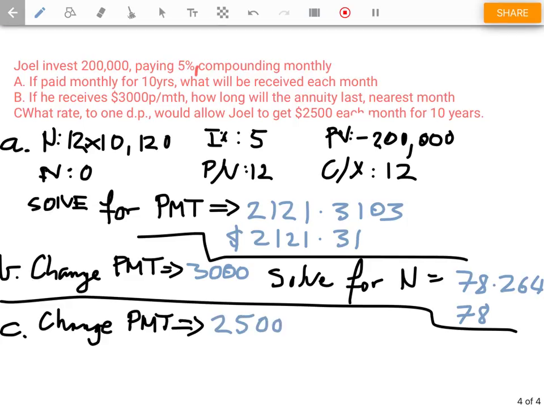How much he says he's happy medium for him to live off, but he wants to negotiate a better rate with the bank. We also have to change N back to 12 times 10, or 120 for the number of months he wants it to last for, and then